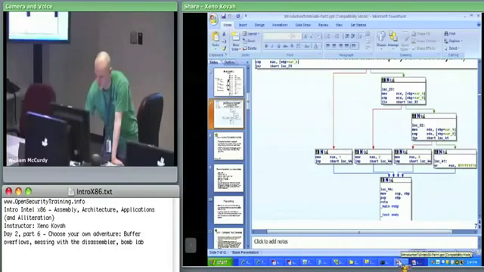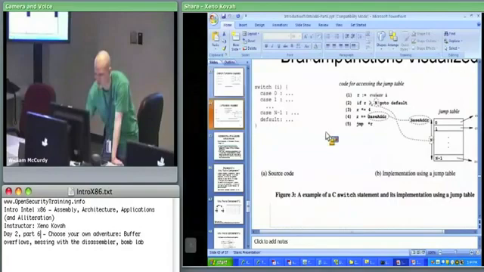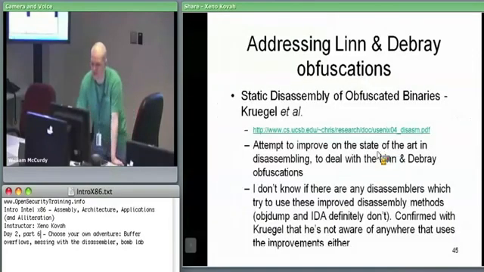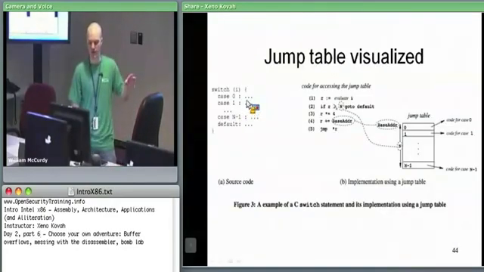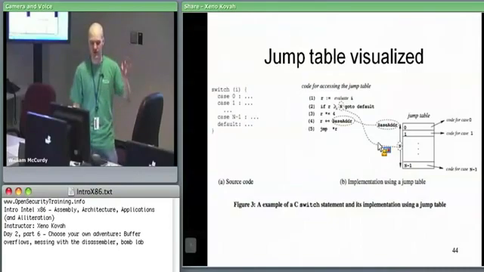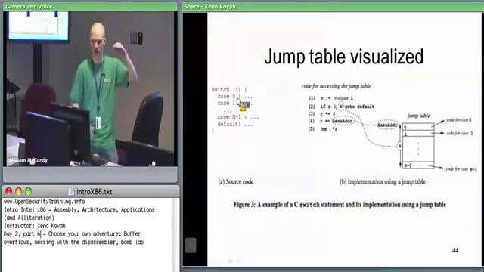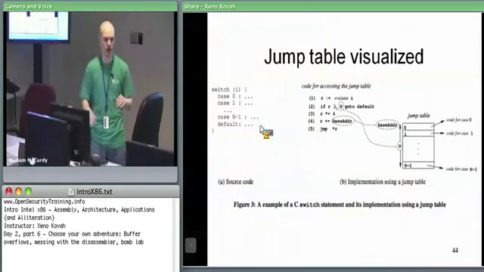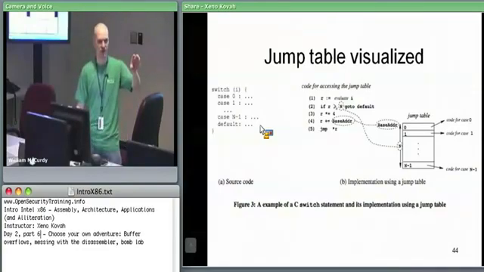And so, let's see. And then there's a thing with obfuscating jump tables, but I'm going to skip that because I don't remember that very well. Oh, I think that was just putting in sort of fake jump tables. So under the assumption that a jump table looks like, we have some base address and we're going to offset somewhere within it. Under the assumption that a switch statement turns into this sort of jump table where you have a base and you switch based on your cases, you go down there and then that tells you where you're going to go. You can put in sort of fake jump tables where the disassembler,